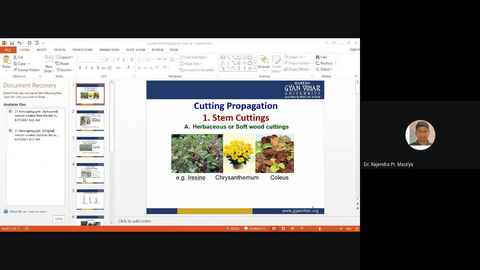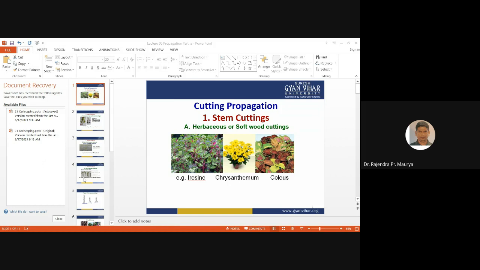Okay. So what is the ideal size to prepare the hardwood cuttings? We can say hardwood cuttings should be around 9 inches in length, or in centimeters, 15 to 30 centimeters. Okay. And it must include several nodes. So we can say a minimum of 4 to 6 nodes must be on hardwood cuttings.